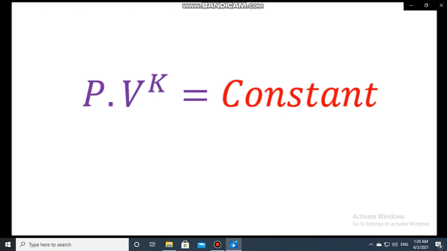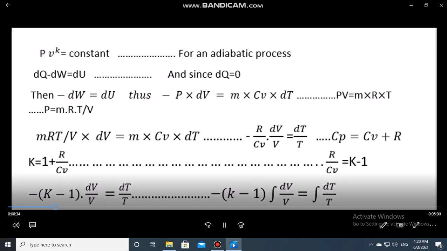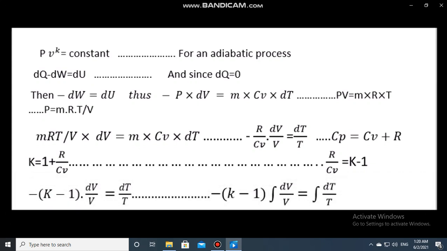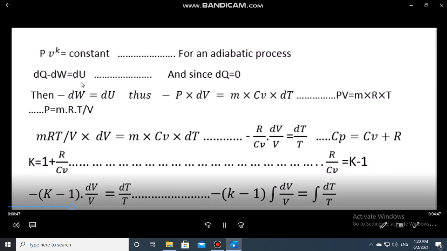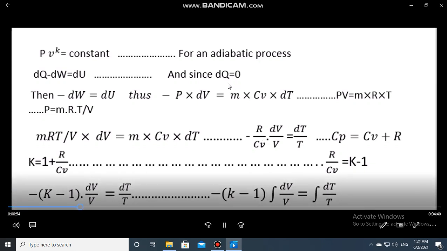Our aid to prove this relation, PV to the power k equals constant, is the first law of thermodynamics, that is dQ minus dW equals delta U. That is, the heat minus the work equals the change in internal energy. And since this is an adiabatic process, delta Q equals 0. And substituting,